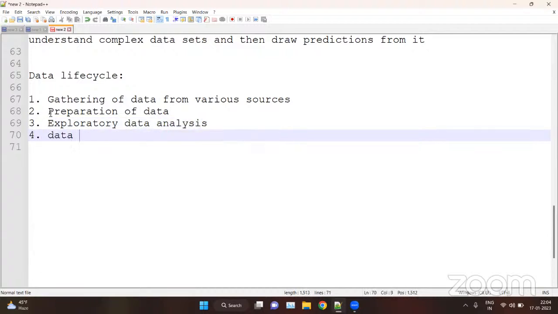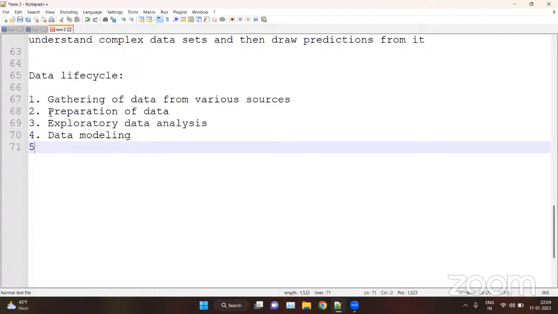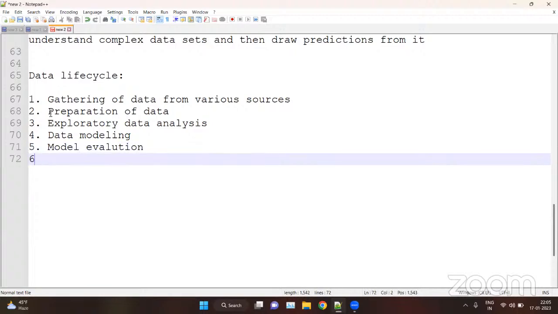Fourth, we have data modeling. Fifth, we have model evaluation. And sixth, we have model deployment.